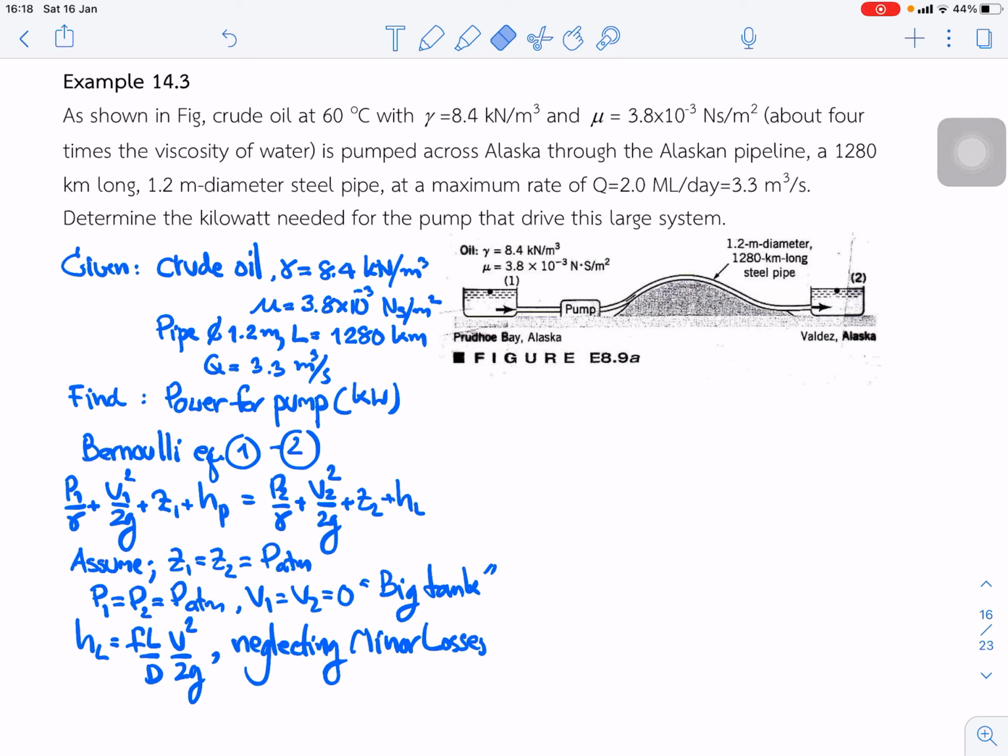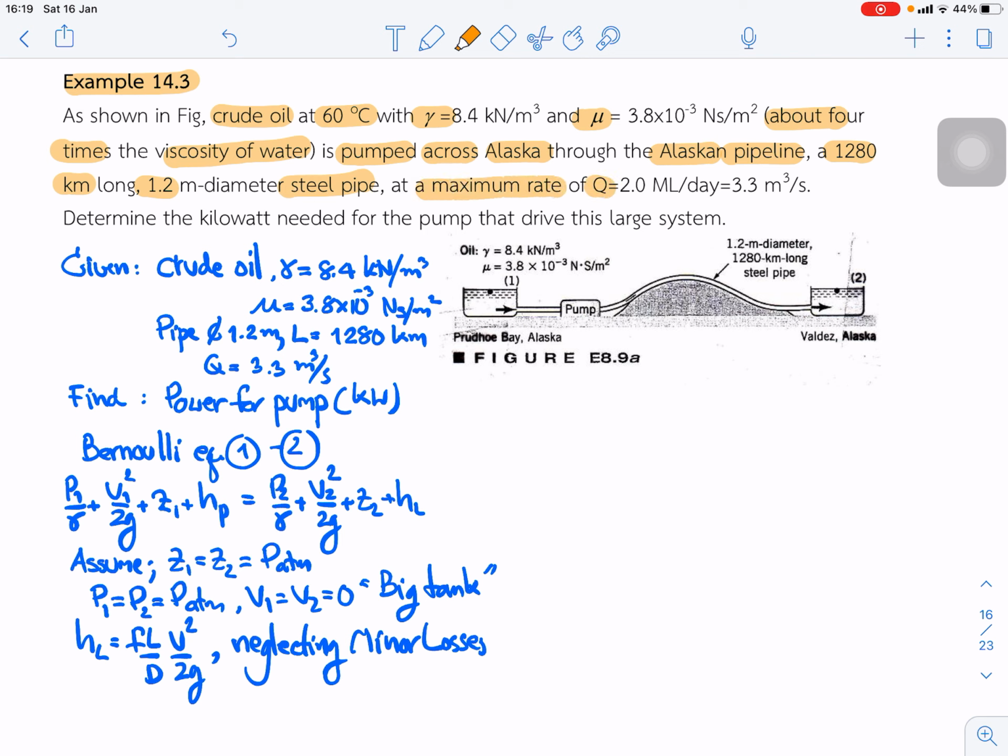Third example. As shown in the figure, crude oil at a temperature of 60 degrees C, with this specific weight and this dynamic viscosity, which as you can see is about 4 times the viscosity of water, is pumped across Alaska through the Alaskan pipe, 1,280 km long, 1.2 m diameter, steel pipe, at the maximum rate of Q equal to 2 million per